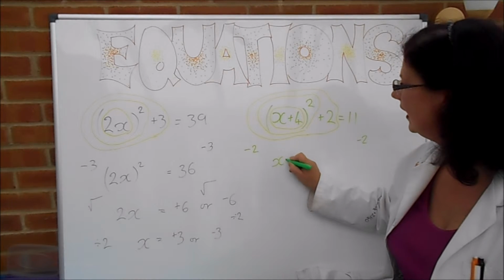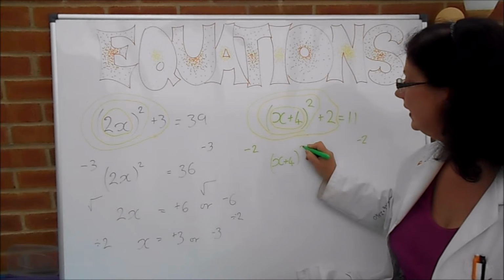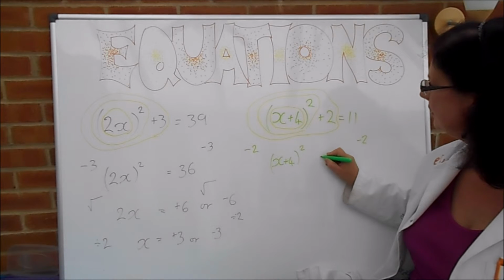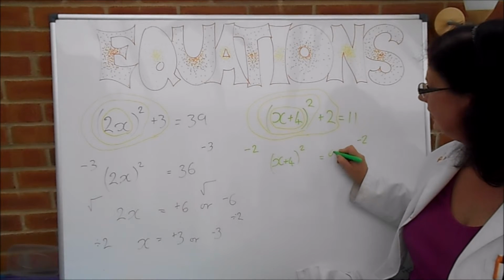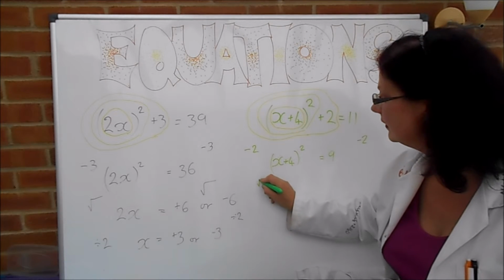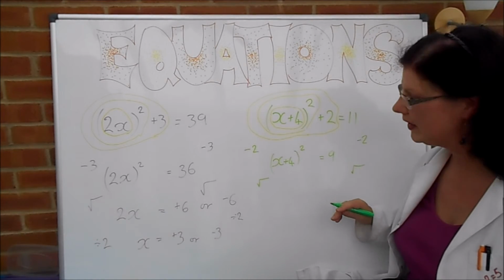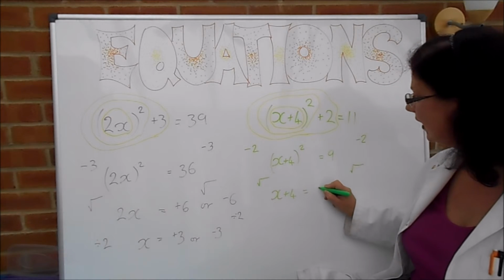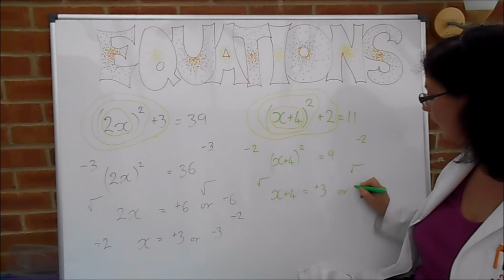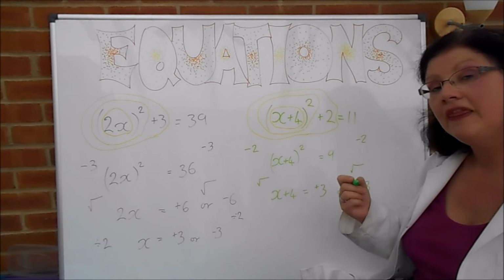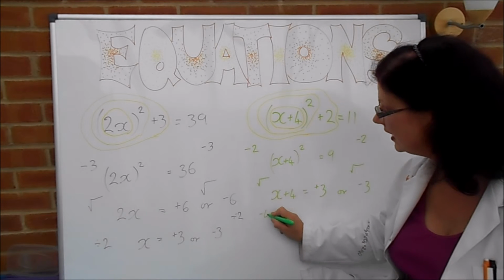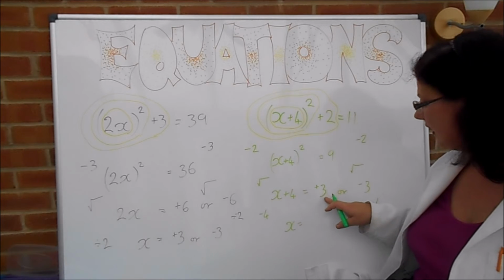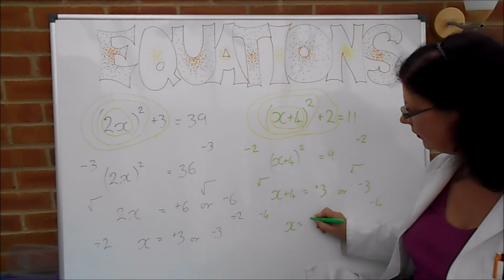Left hand side becomes x plus 4, and again you have to have the brackets. Without those brackets it would be a 4 squared, so that'll be x plus 16, which is totally different. 11 take away 2, that's 9. Then we're going to do our square root, and here's where you'll see why I write them out separately. Left hand side becomes x plus 4, the right hand side becomes positive 3 or negative 3, and then we're going to get rid of this add 4 by doing a take away 4, which gives us x equals 3 take away 4. 3 take away 4 is negative 1,